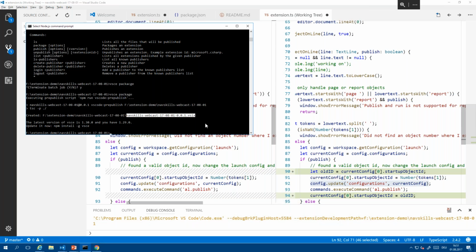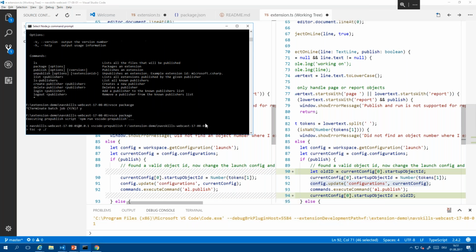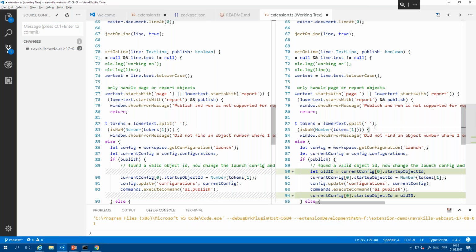You would have to have some web service in place that you can call to find out if the user is licensed to do something. But in here you have the full TypeScript, or if you want JavaScript stack, and with that you can do whatever you want. So if you have an internet connection and a web service someplace that knows if a user is allowed to do it, then you could just call it and prevent them from doing whatever they need. It's basically the same as self-monetizing NAV apps, right? Yeah, exactly. I'm not sure how well this is protected against decompilation. Never tried that, to be honest.